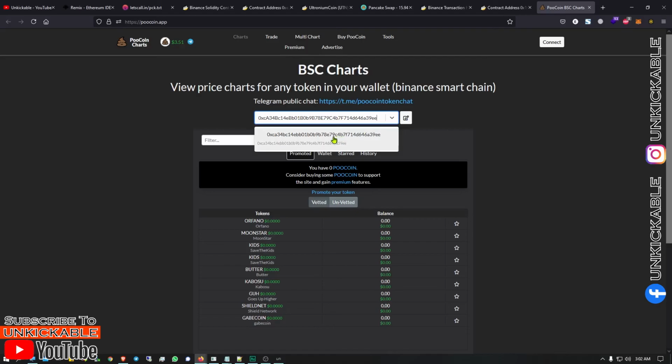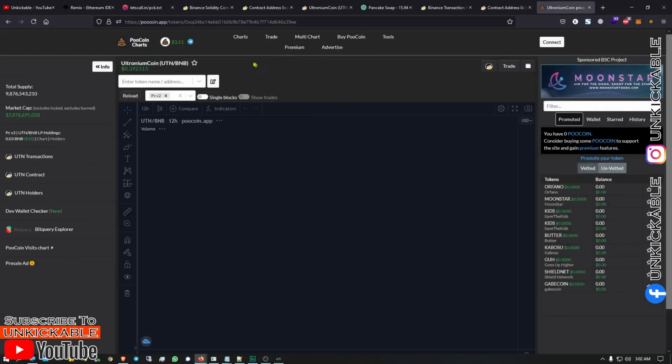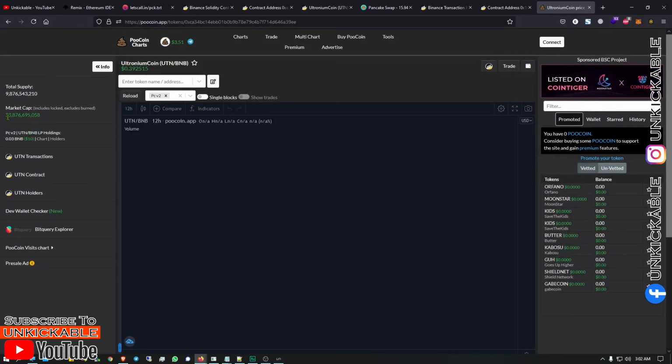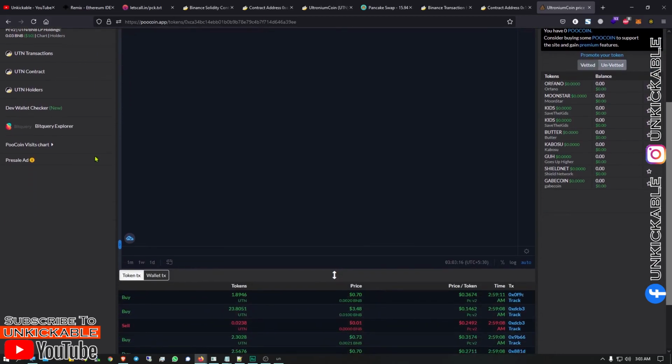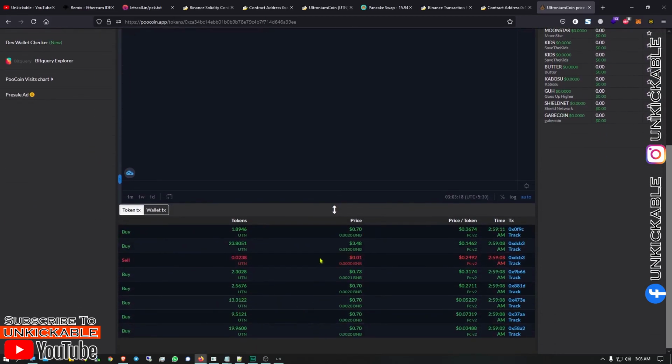This is the address, and it has shown that the market cap of the whole cryptocurrency is $3.87 billion. Over here, the whole supply is 987654321, and the value for each UTN is 0.392625. So if we have transactions, you can find all the transactions over here.